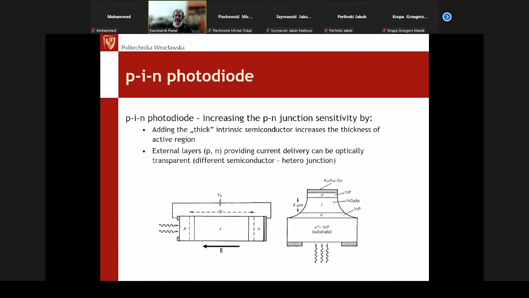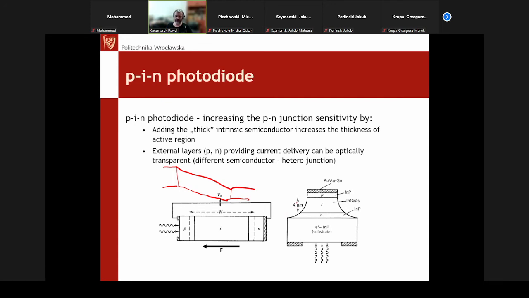I mean, the maximum bandwidth for such a device. We are adding some intrinsic semiconductor between these P and N layers, which allows us to extend the length of this depletion region. It is the first thing. So we are decreasing the capacitance of such a junction at first, but additionally, we can make this structure a so-called